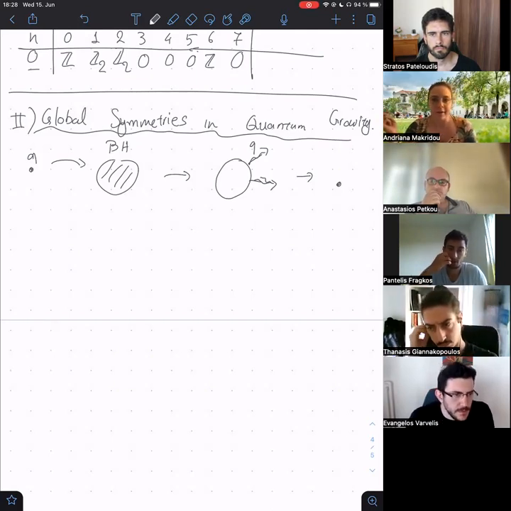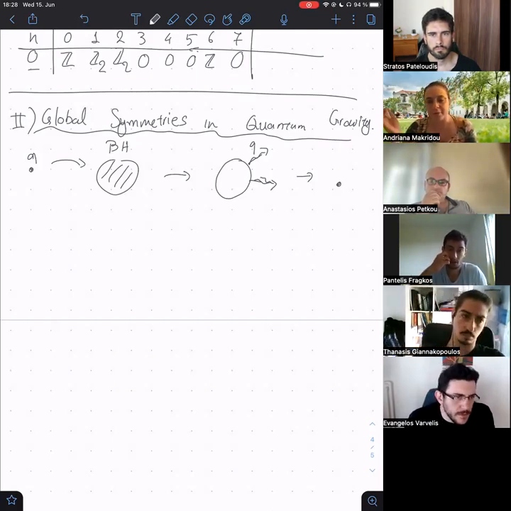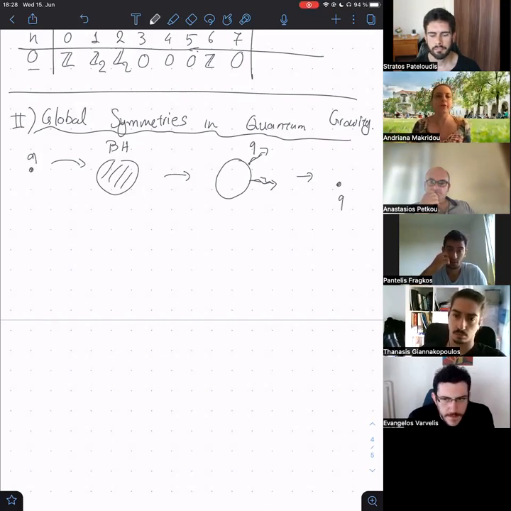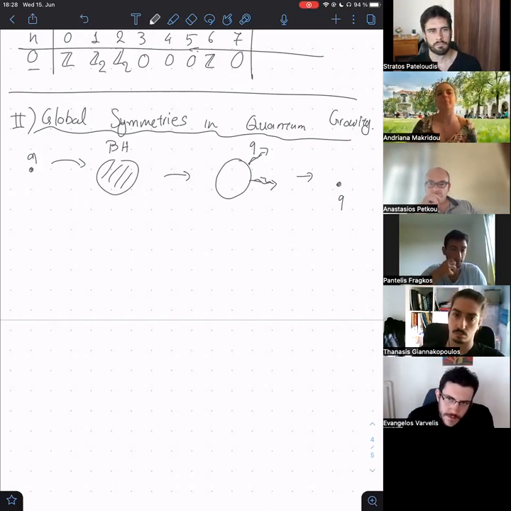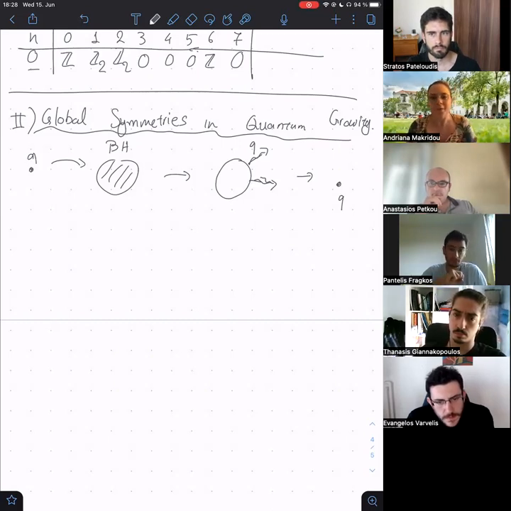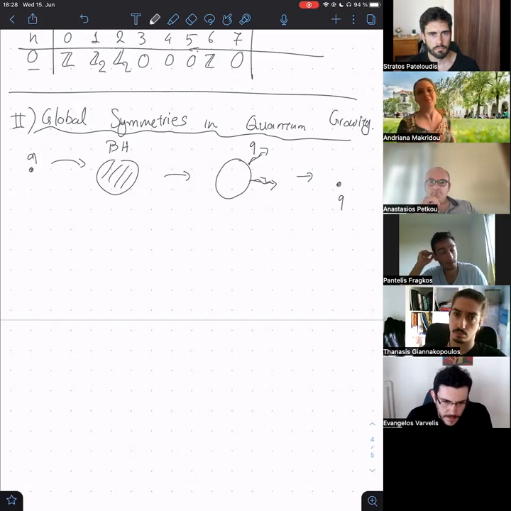In order to have the conservation of charge, you need to have some kind of remnant that has this charge Q. And now the argument is that you can play this game as many times as you like and throw as many charges of charge Q into a black hole, in multiple black holes, and this would mean that you would have some infinite number of remnants. Each of these would have some kind of charge under this global symmetry Q. And then the problem is, people are claiming that this is now a problematic situation.